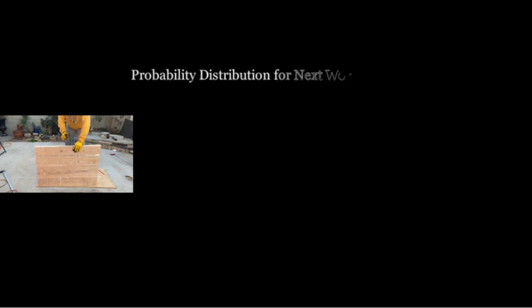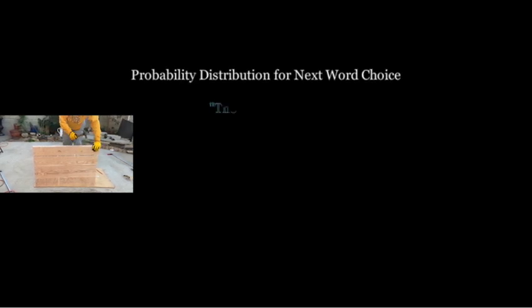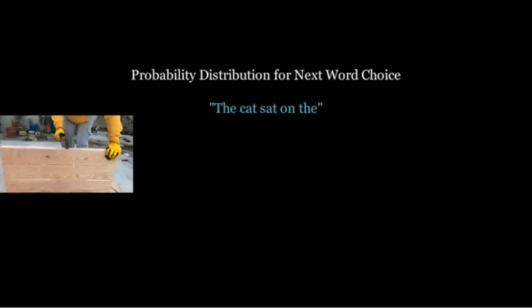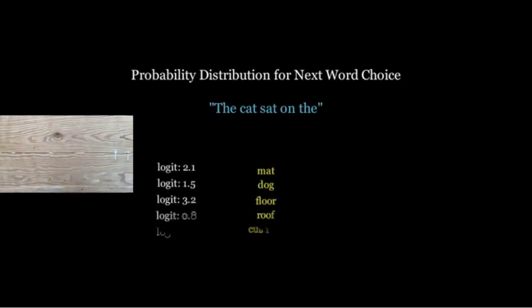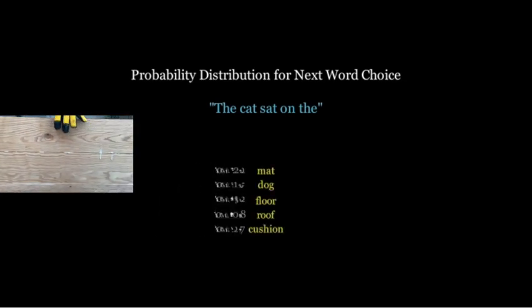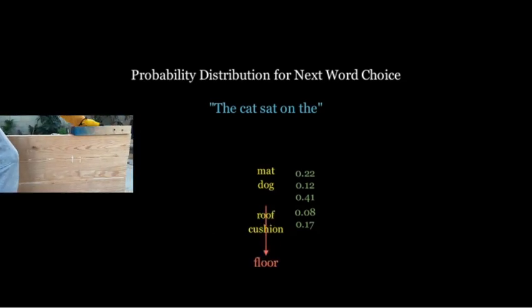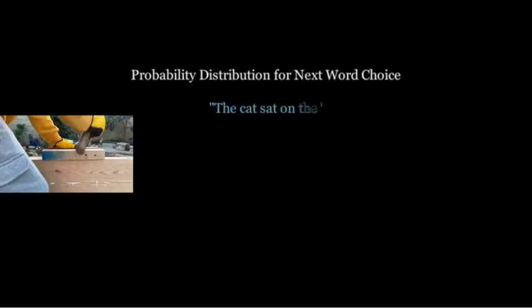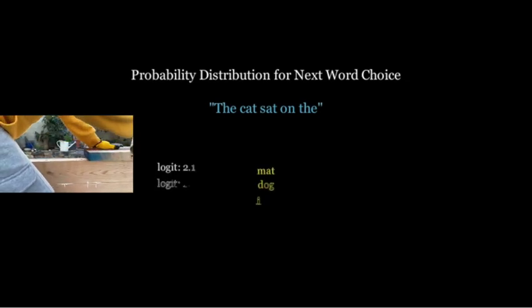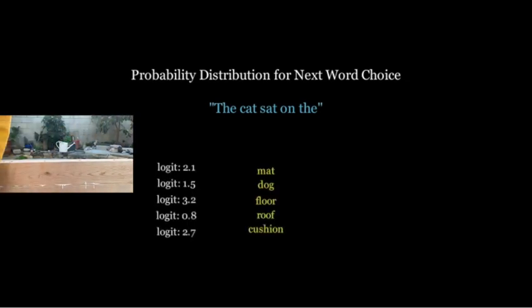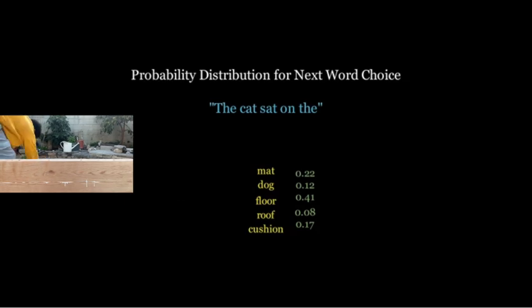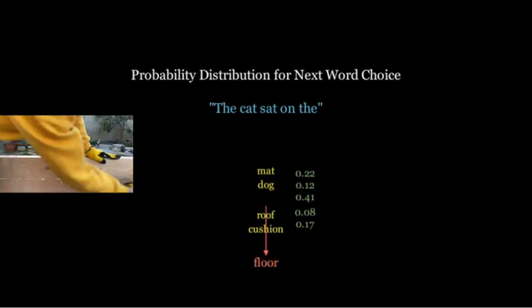Once we have the probability distribution for the next word, we apply what's called a softmax, which converts raw scores into probabilities. The model can then either pick the highest probability, in this case "floor," for the sentence, "the cat sat on the,"